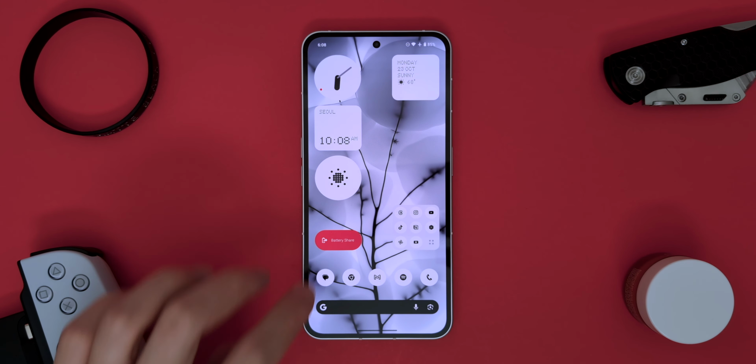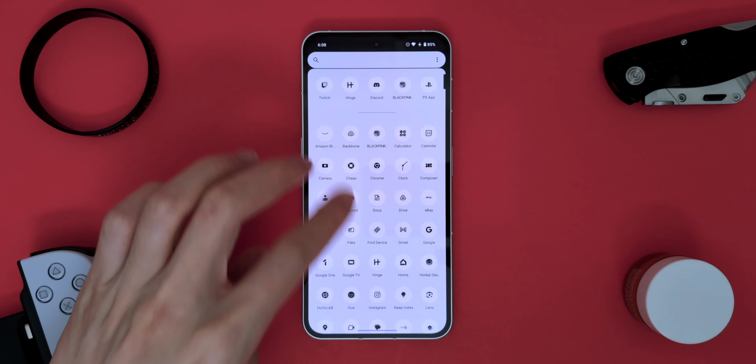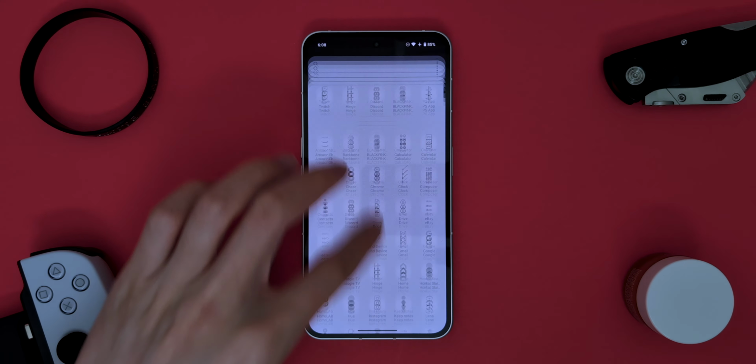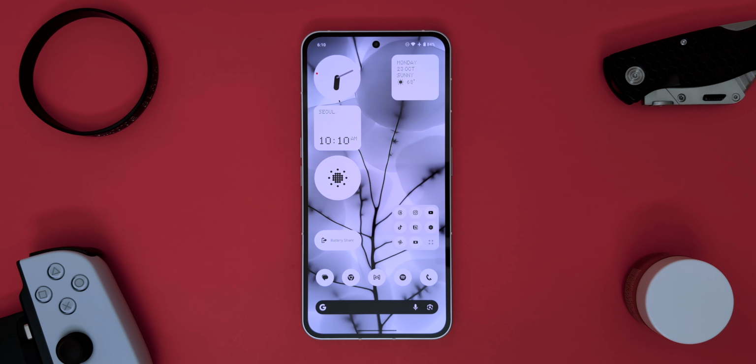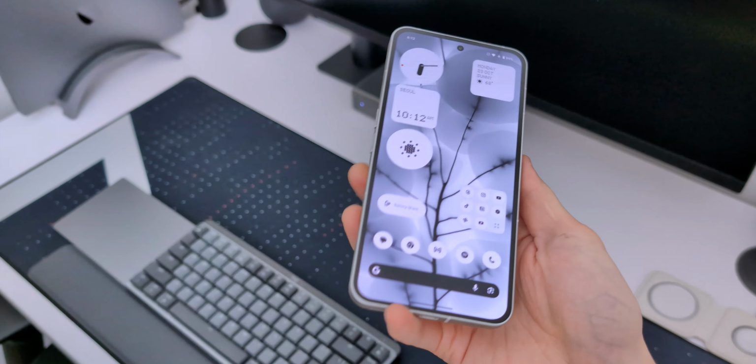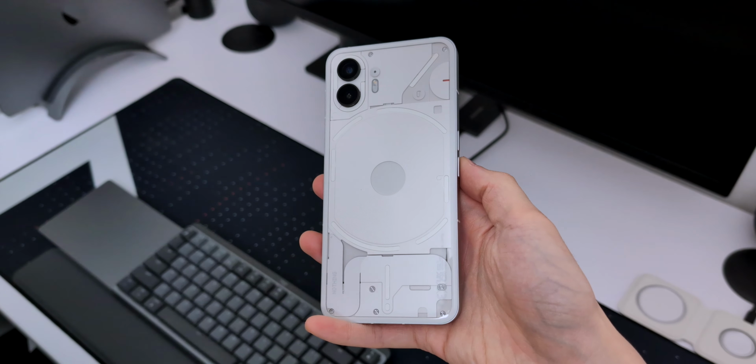It literally turns every app to monochrome, and it helps me minimize my screen on time since I'm less likely to be doom scrolling. Like I jump in one app, and when I close it, I pause for a bit because there's no color. I really like how Nothing fine-tuned the software to match their signature hardware design.